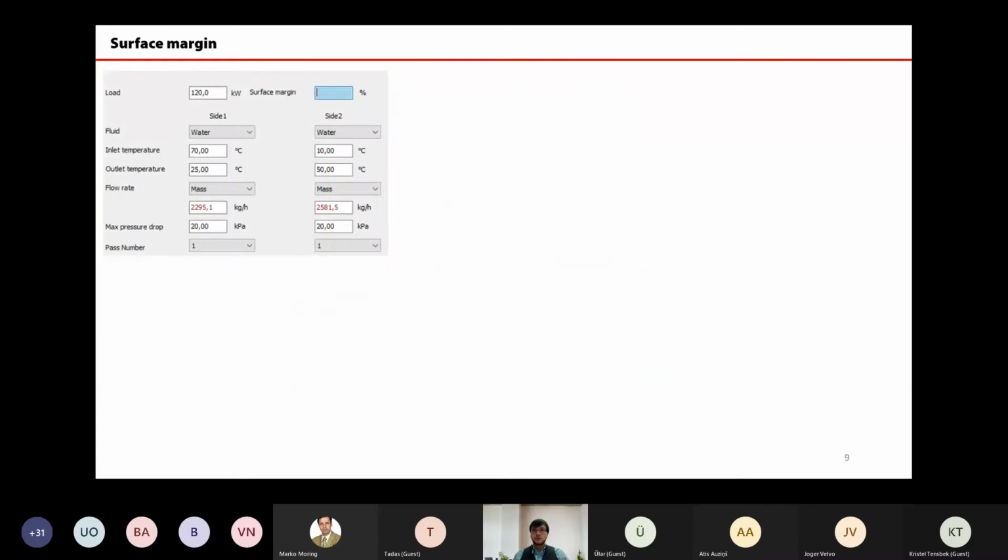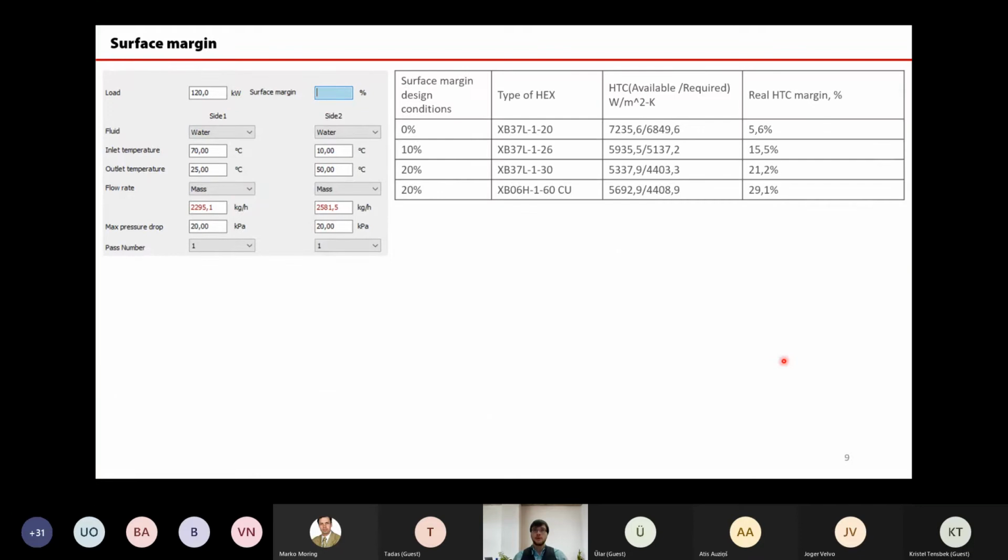On top of this, I would like to just clearly visualize for you how the surface margin impacts the heat transfer coefficient values in the plate heat exchanger. Just to prove to you that with the increase of surface margin values, we drop the heat transfer coefficient. Here you see a typical duty I took. It's just domestic hot water, summer conditions, 120 kilowatt. And I dimensioned it for a couple of sets of surface margins. First thing,